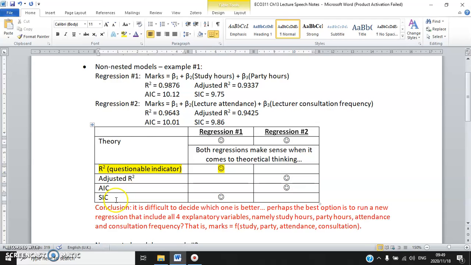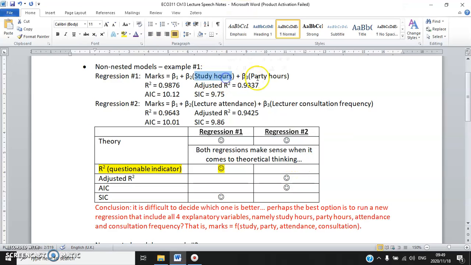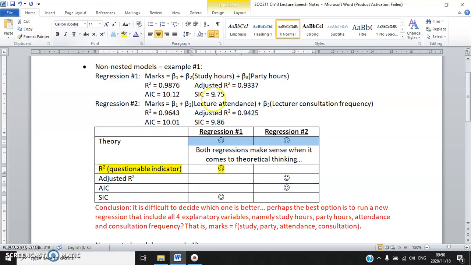So use the following criteria. If we use theoretical thinking, I put a happy face in both. It means both regressions make sense because all of these explanatory variables are relevant. This is why I will give 1 mark to both. R-square is a questionable indicator. Remember, the k is already different in the two regressions, so I wouldn't recommend using R-square to compare the two